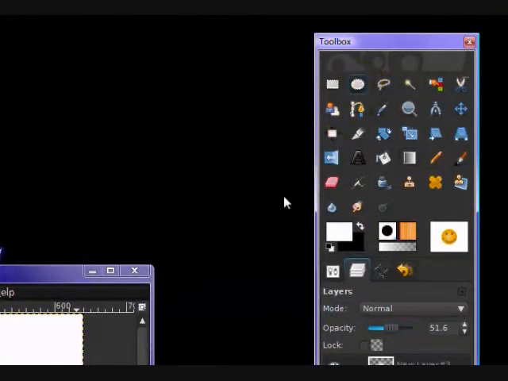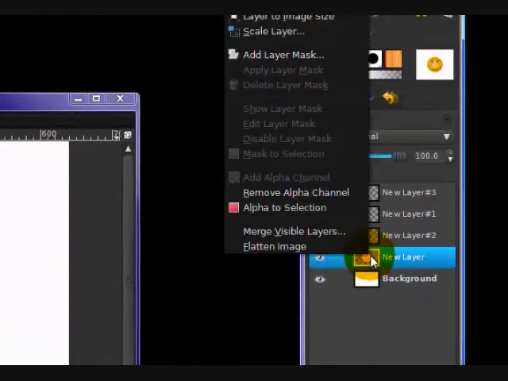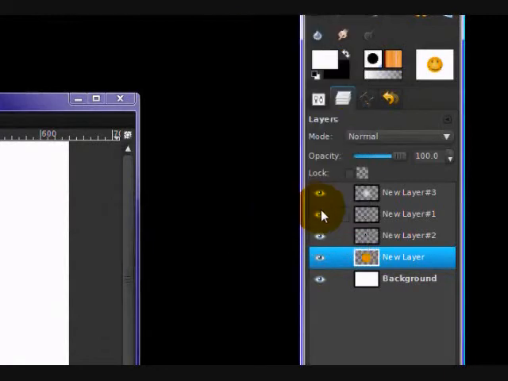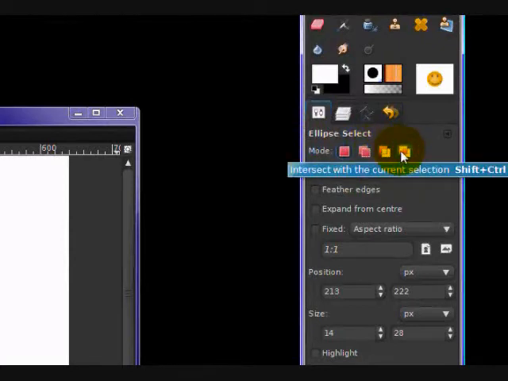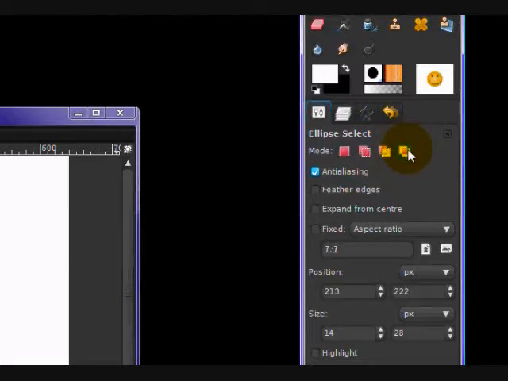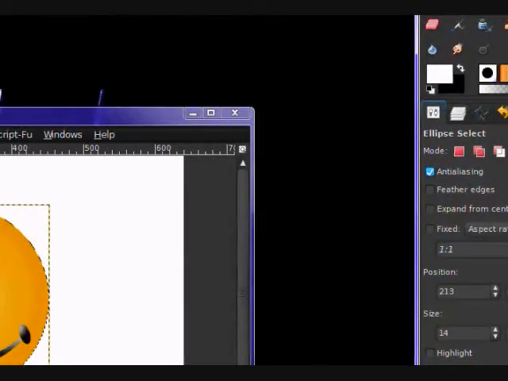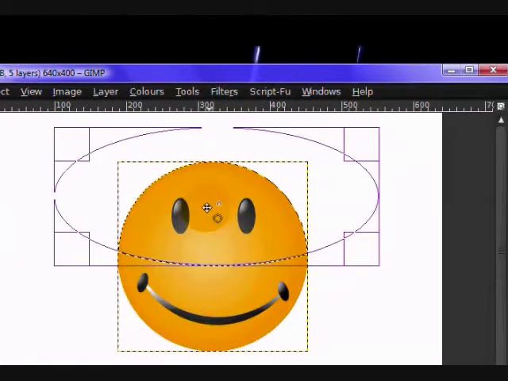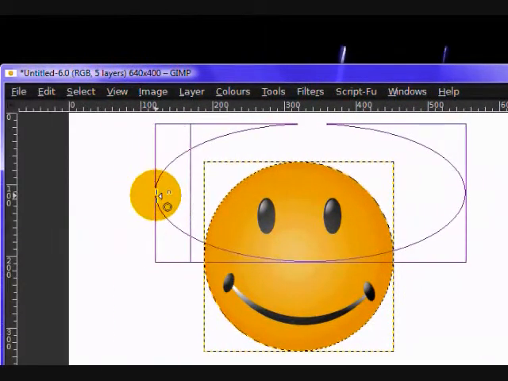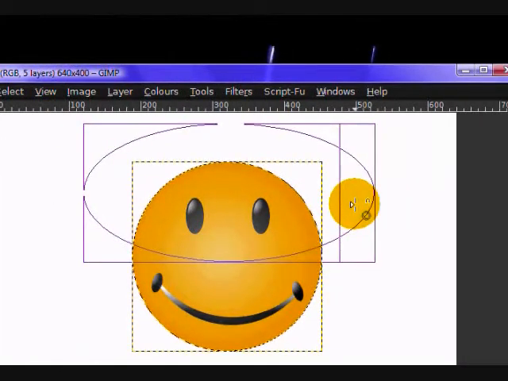Take your ellipse select tool, right click on your yellow layer again, alpha to selection, and in the mode for this layer, you want to select intersect with the current selection, which looks like two white squares, and where they intersect it's red. And you want to click and drag and select about like that, pretty much the top half of your smiley